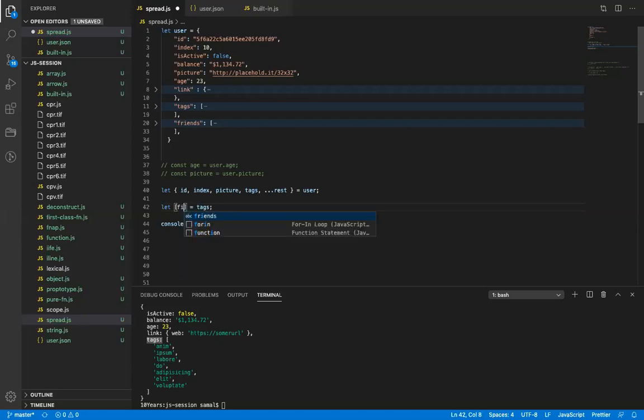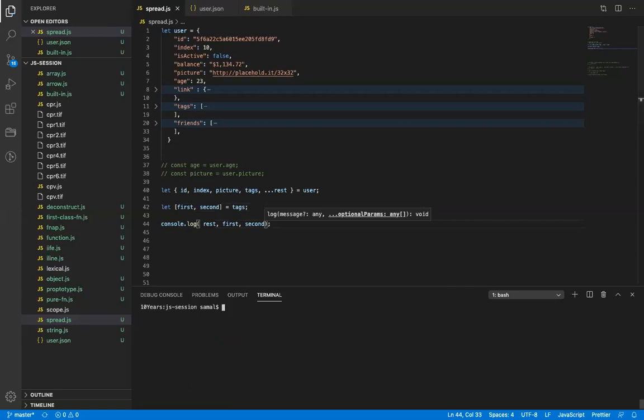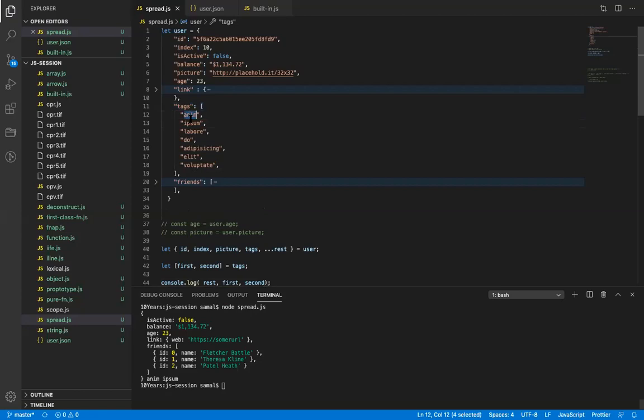Okay. So let's see, if I give a name, first, second. So basically index 0 will get assigned to first, and index 1 will get assigned to second. If I print first and second now, you will see the value of first is this, then ipsum is the second. All right.